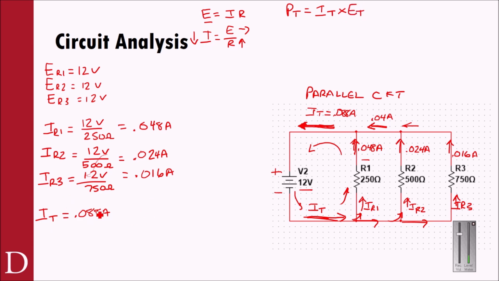So the total power, P of T, equals IT times ET, which would be 0.088 amps times our total voltage, our source voltage, which is 12 volts. So I multiply this by 12, and I get